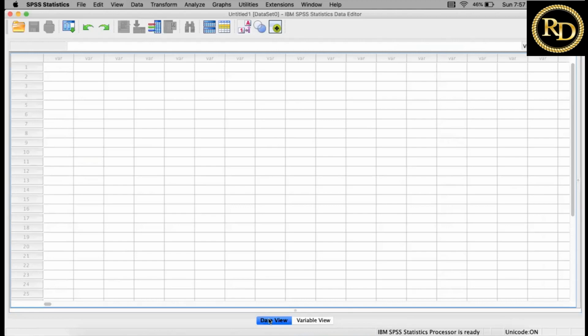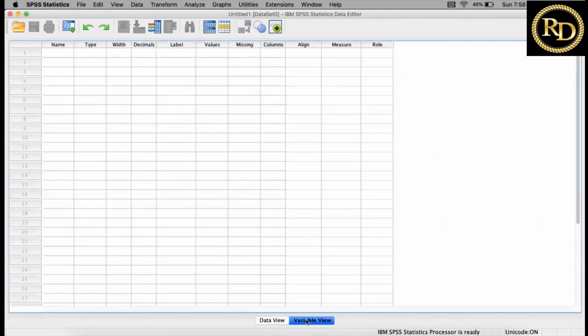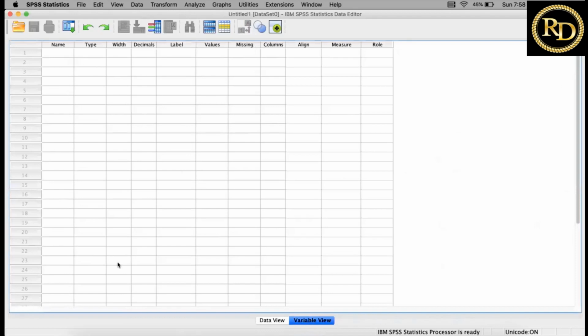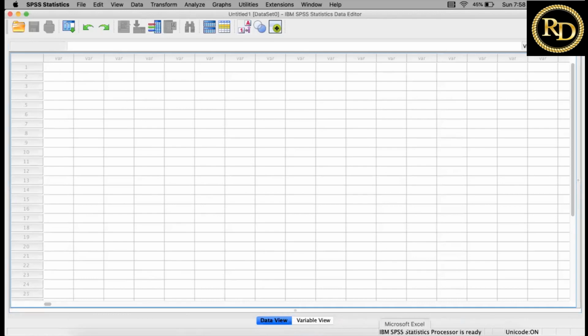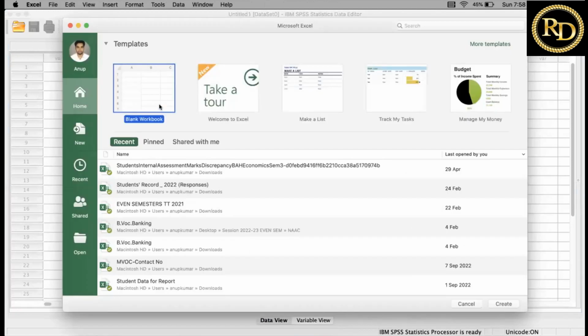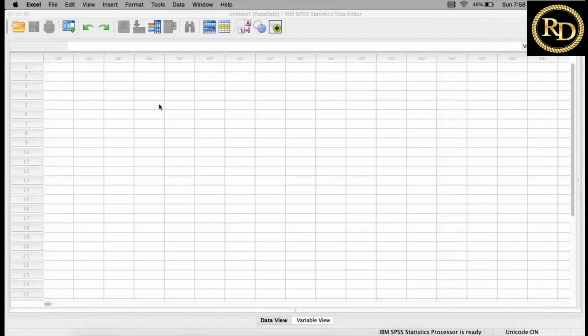One is the data view and another one is the variable view. When I click on the data view, you can see it looks like an Excel sheet. And if I come to the variable view, it just gives us the description of the variables. To understand this particular aspect, all of you are very much aware of the Excel sheet.